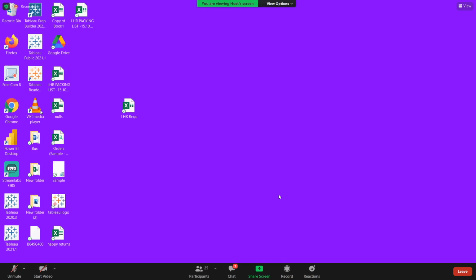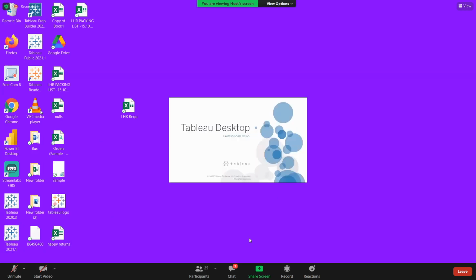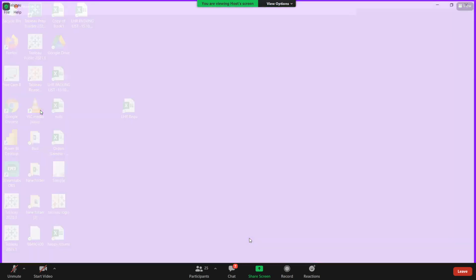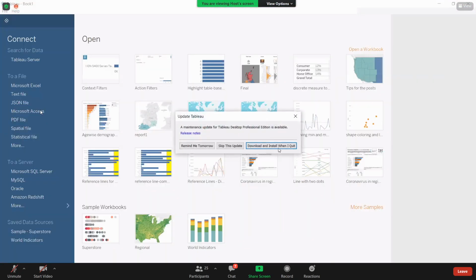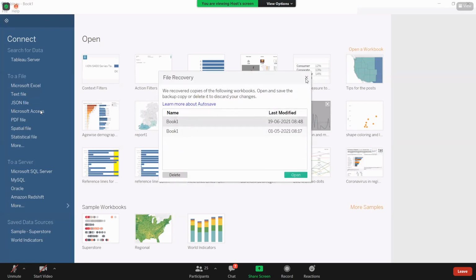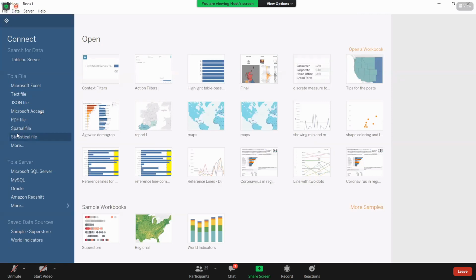Okay. Now, when you are downloading, how to start your Tableau, I think you know that. Downloading Tableau desktop is very easy. Once you get your executable file, it takes hardly 2 minutes to download your Tableau desktop. Now, when you open your Tableau desktop, this is called the landing page.